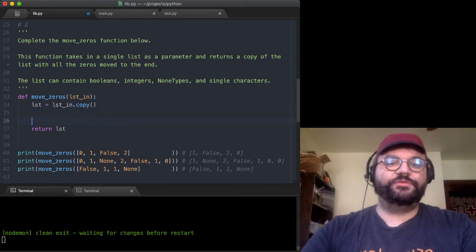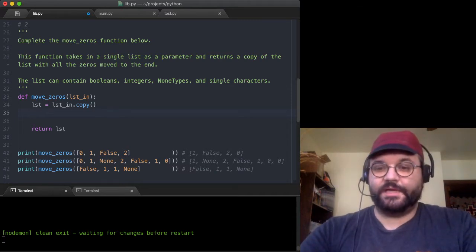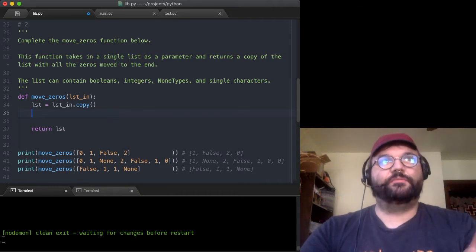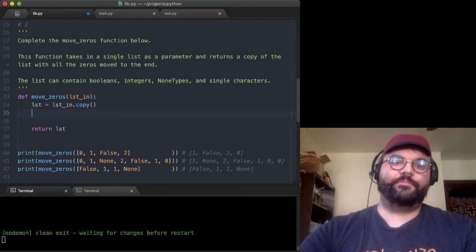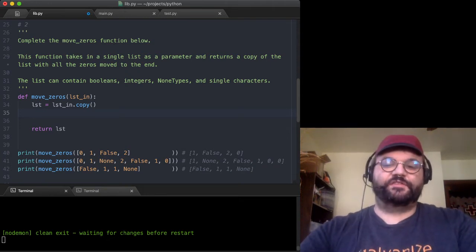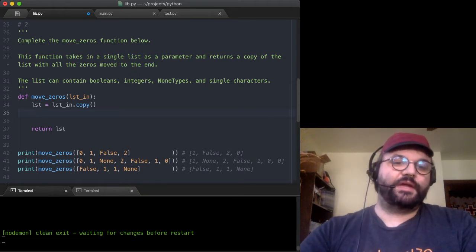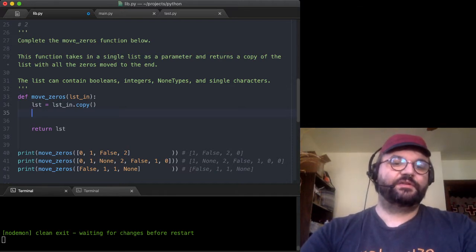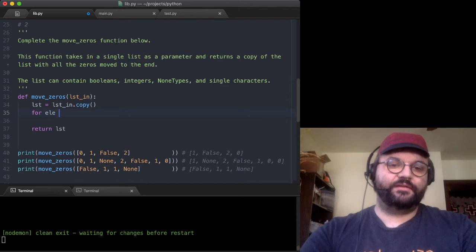It's a better skill to be able to handle errors as they come up, and arrive at robust working solutions in the end, than it is to be able to avoid errors all the time, right? You're going to encounter errors, so it's worthwhile to get good at handling them. Okay, so the first thing that I did with this is just for element in list